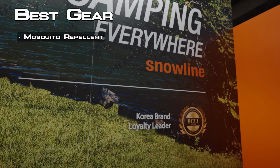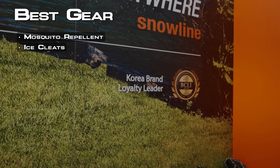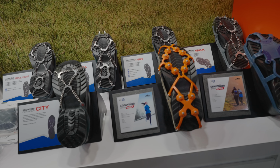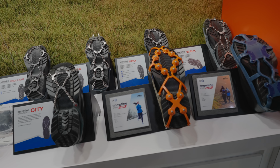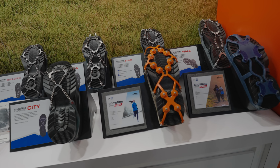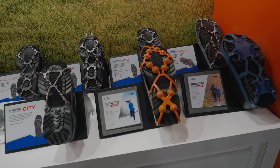The second item is something that I've seen before, and it's ice cleats from Snowline. I knew Snowline made ice cleats, but they're kind of hard to find in North America. But what I found out that's really cool about them is not only do they have a really good variety of high-end ice cleats, but they make the ice cleats for the majority of companies out there. So if you see a pair of ice cleats, it's probably coming from their factory because they have the patent on the manufacturing for that product. I'm gonna dig into that a little bit more just to make sure that it's factual information. But if it's true, that's kind of crazy and a really big reason to probably just go straight to Snowline